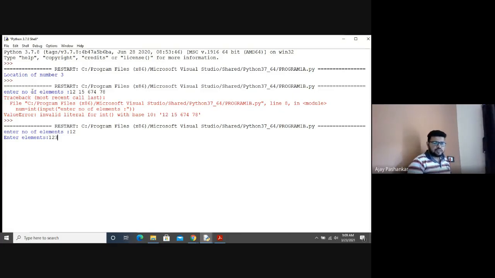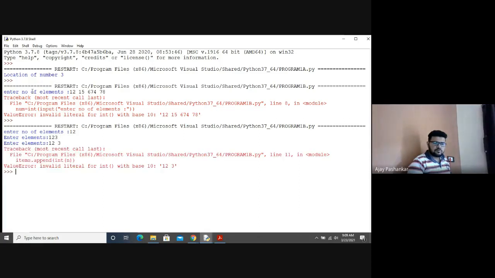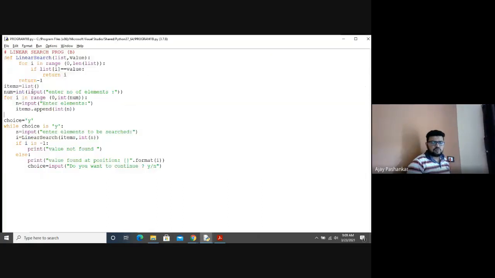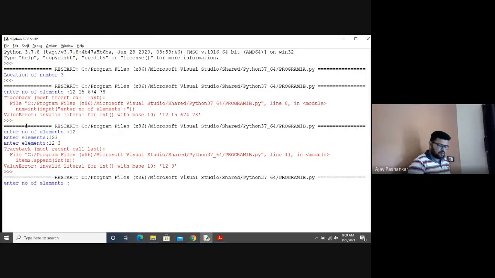So I have to pass this element. Okay, no issue. I'm just inserting 5 values, no issue. Let's say 45, 56, 45 is already there, 69, 78.